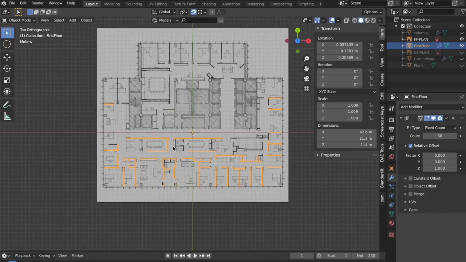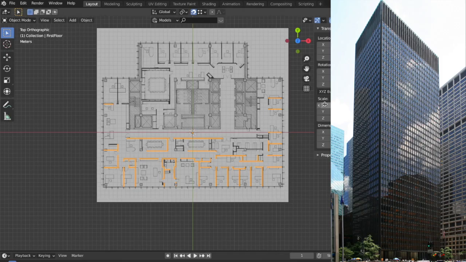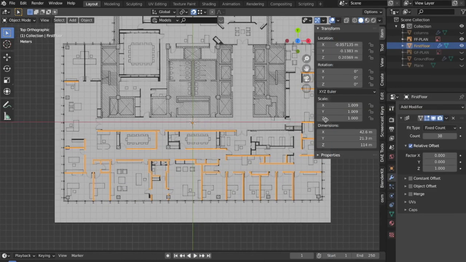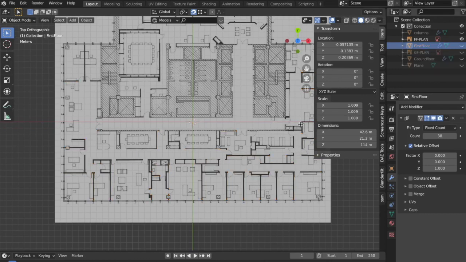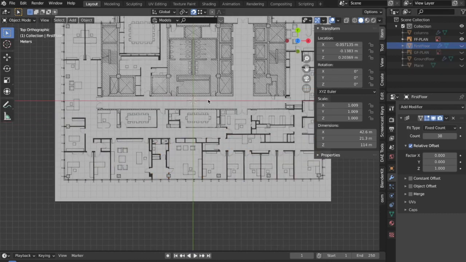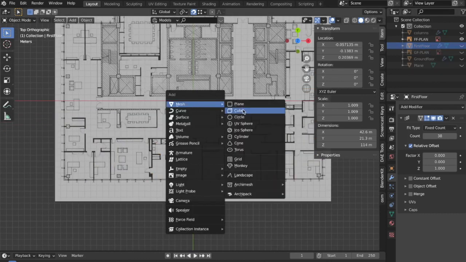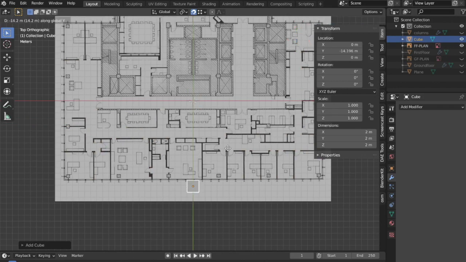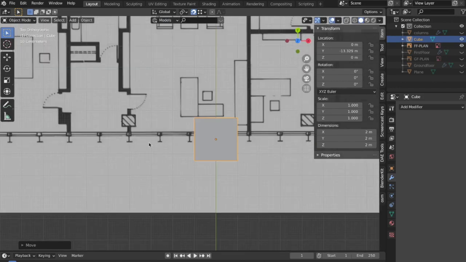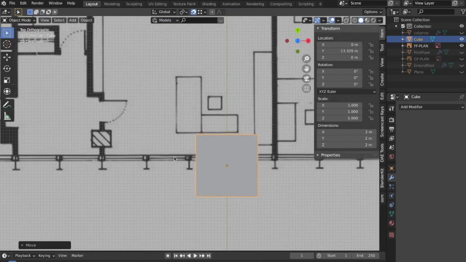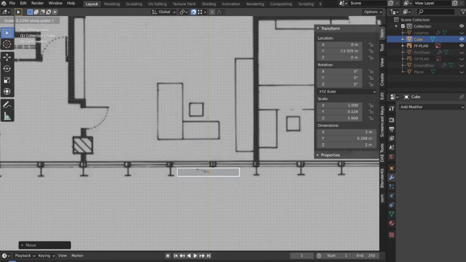The next thing that we are going to make is again going to be very easy. The next thing for this is this glass curtain wall which is surrounding the whole building, as you can also see in this reference image. So it is not going to be a big deal, but first I'm going to switch this first floor off. And now I'm going to bring another cube over here and then scale it roughly to the thickness of this glass curtain wall, which can be seen using this reference image.